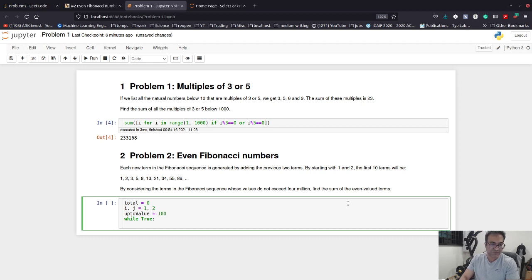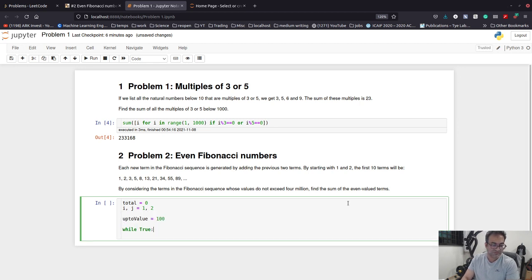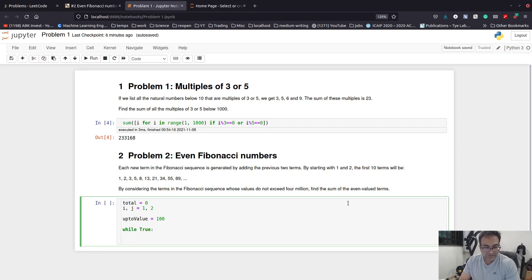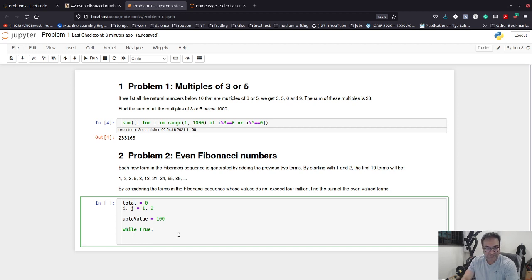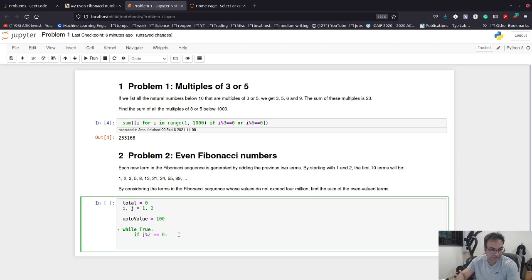Is 100, like that. Then we want to make sure that we have all the Fibonacci numbers. So 1 is not an even term. 1 is not an even term. So if J percentage 2 is 0, so that's an even term, then we can add it to total